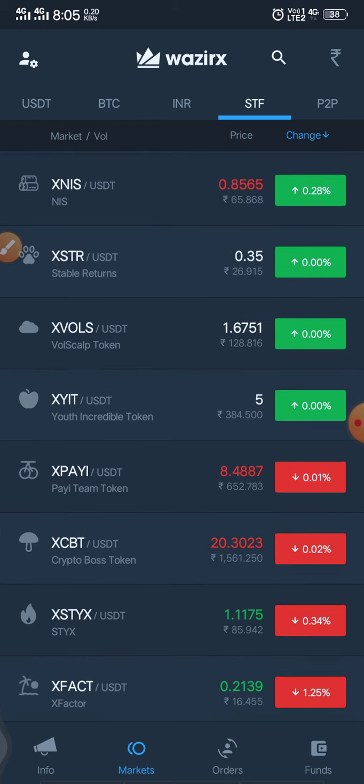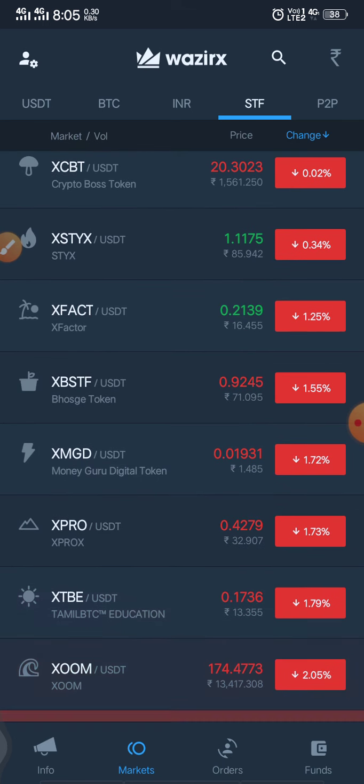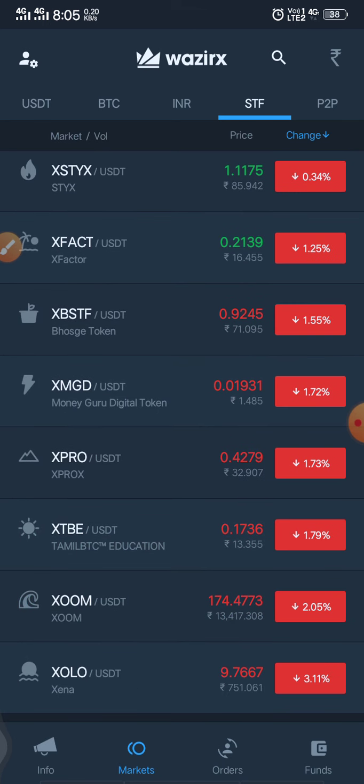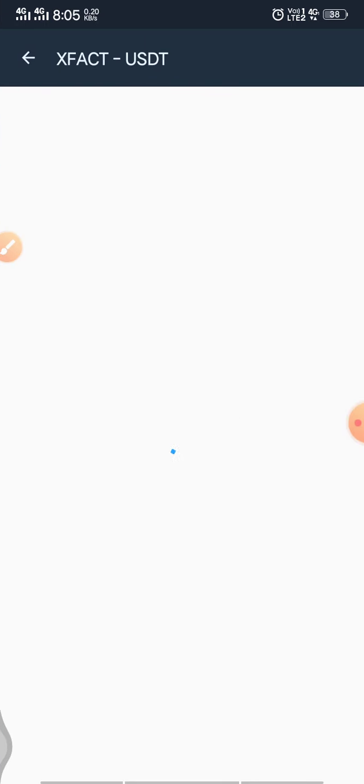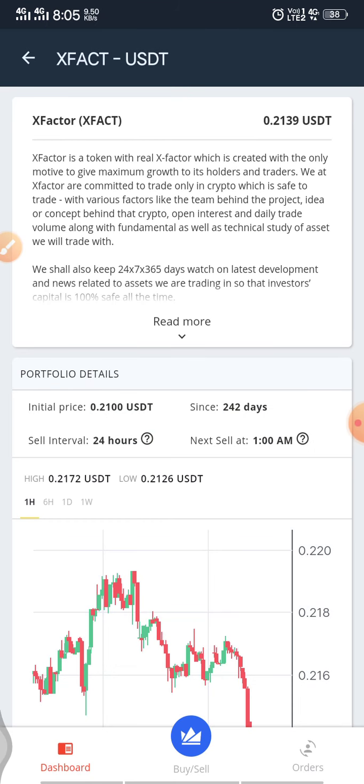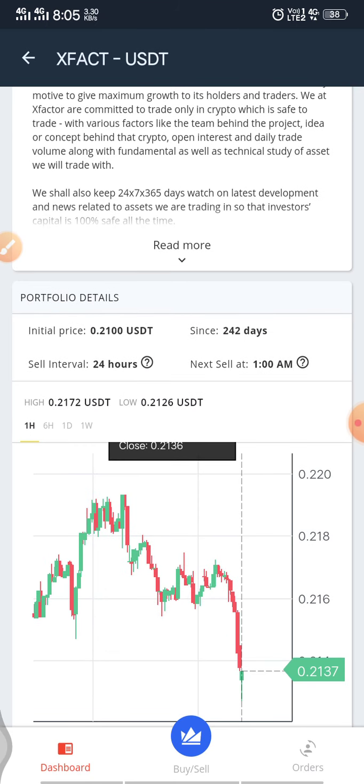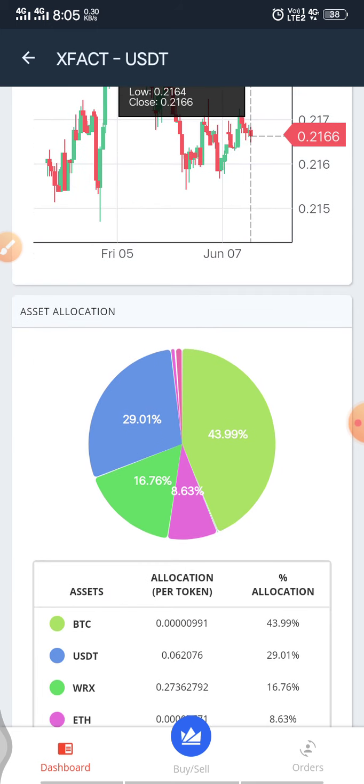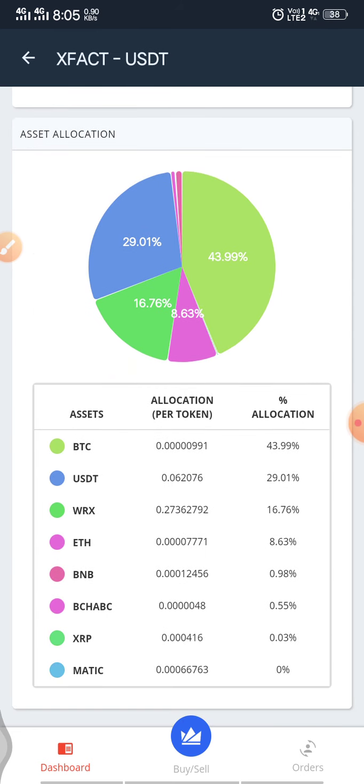So like this, if you click on any one token, the token is listed here. We can click on X Factor. It will brief you about the X Factor, who this X Factor is and how many years of experience the particular person has. Okay, and whatever assets, whatever USDT or money is coming into that X Factor, you can also see his investments, where he is investing, like BTC, USDT, WazirX. You can see how many percent of allocation is available there. Okay, this person is investing your money in different cryptocurrencies.